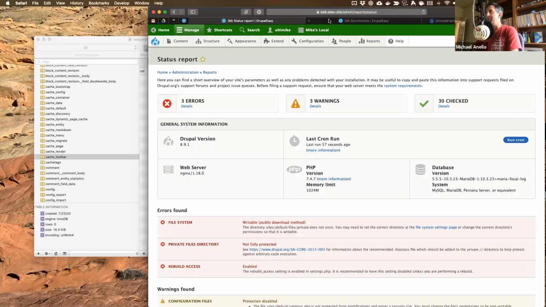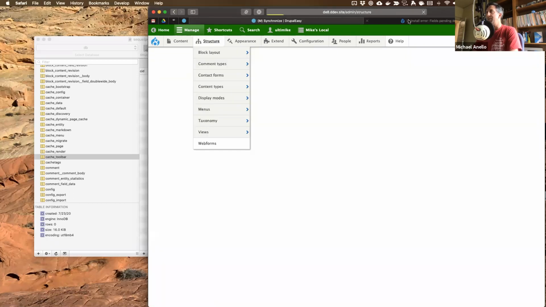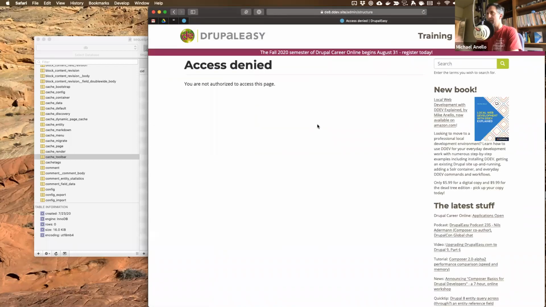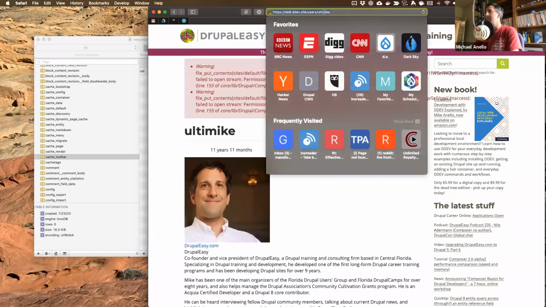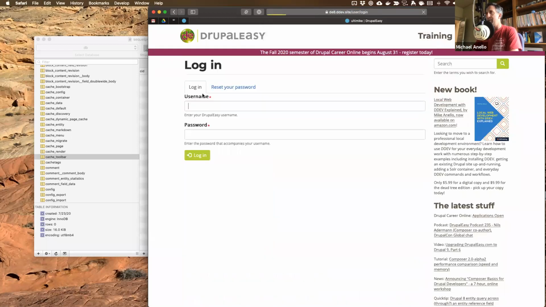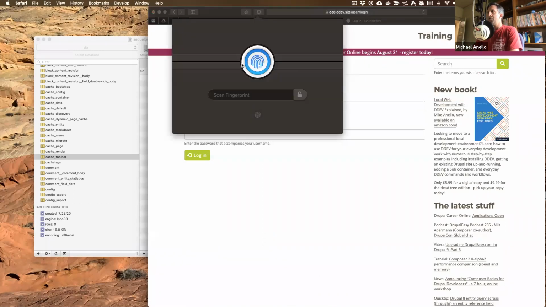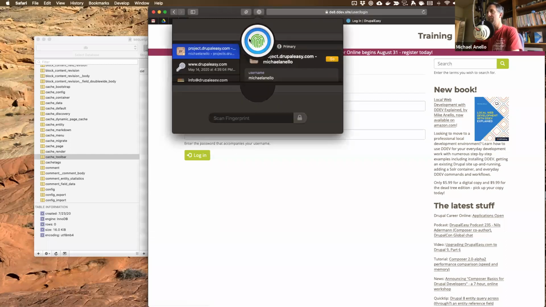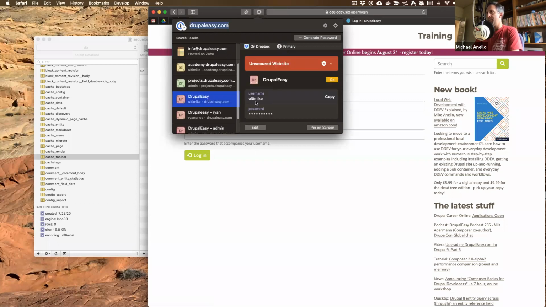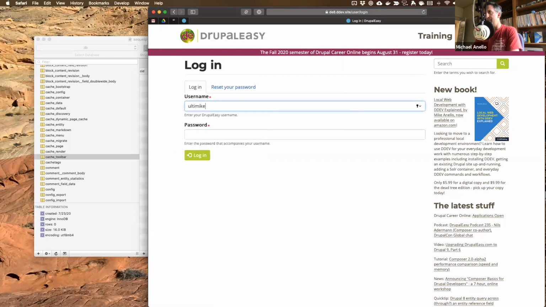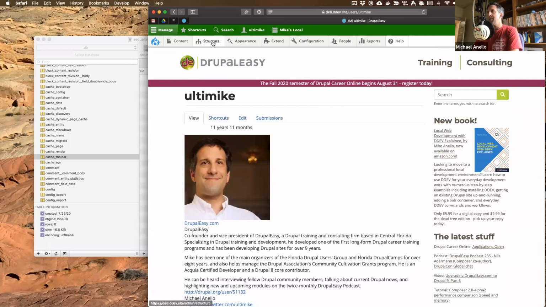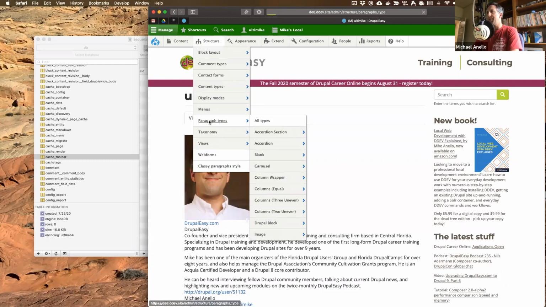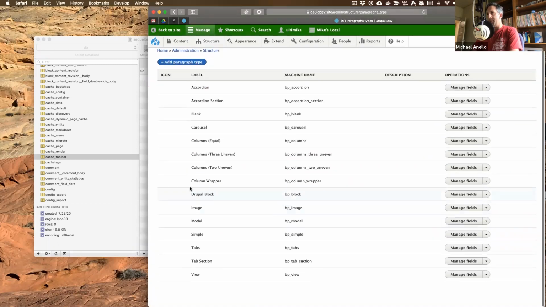I guess we don't need to upgrade status anymore. Get rid of this window as well. Get rid of that window. Let's just focus. Okay, what was I going to do? Structure, paragraph types. Did it get rid of them? No, it kept all of them. Okay, so